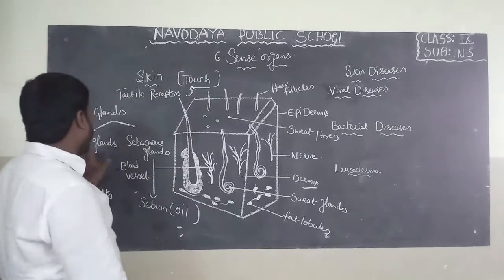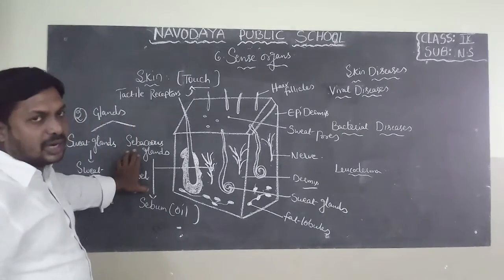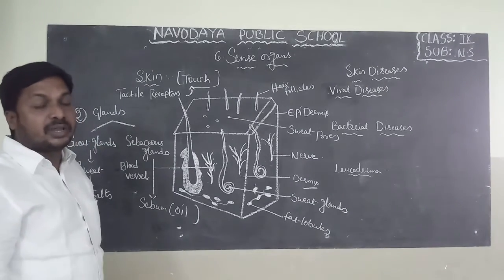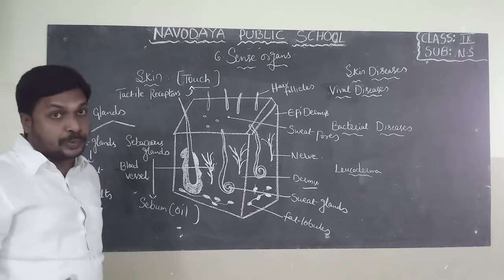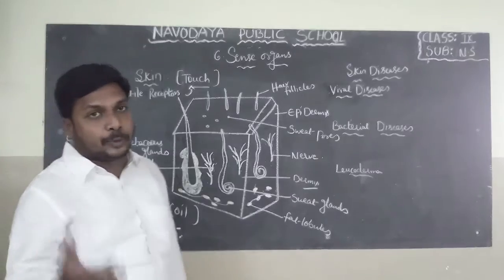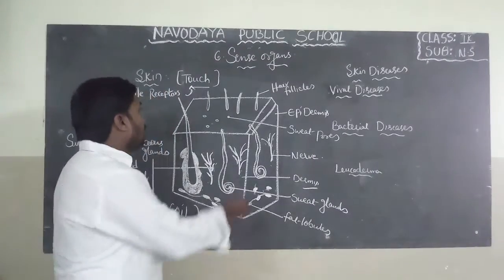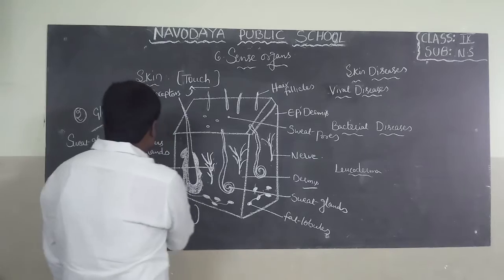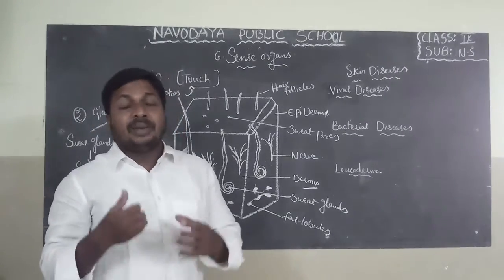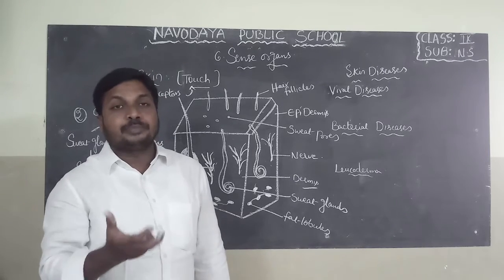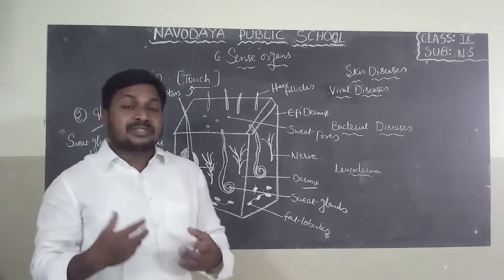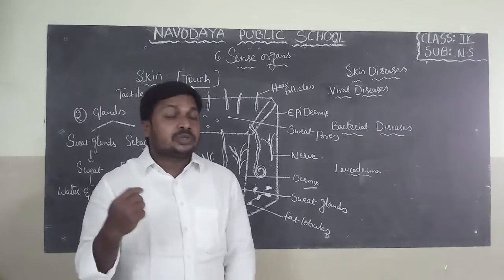Do you know these two glands are present in the skin? Already we learnt in 8th class. Sebaceous glands and sweat glands are more active during the adolescence period. So sweat glands produce sweat. How will sweat be produced? I will explain now. If you look at skin, we can find blood vessels. Blood vessels consist of blood. Blood consists of several waste materials. So when temperature is high, our skin produces sweat.